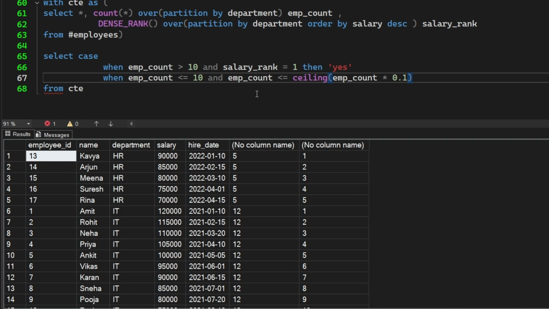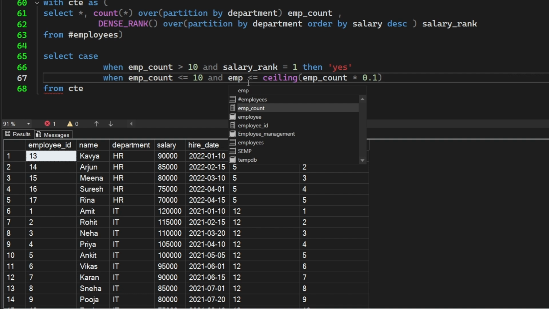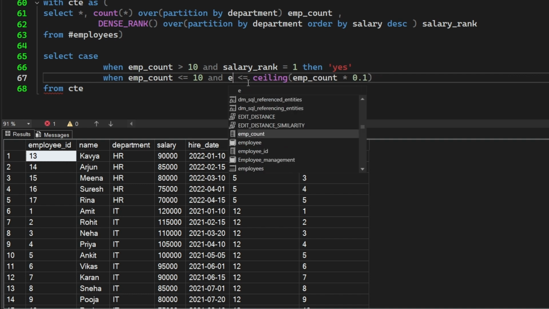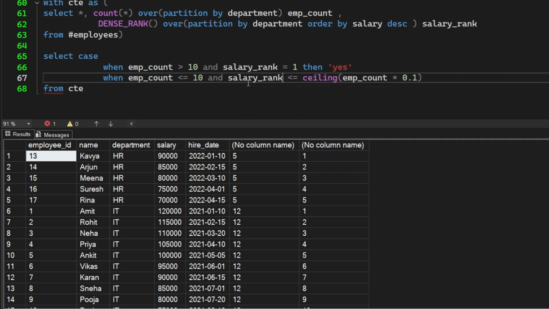Okay, all right. So the employee count is greater than or equal to 10 and salary rank is less than or equal to,